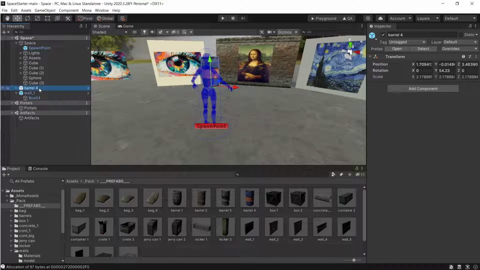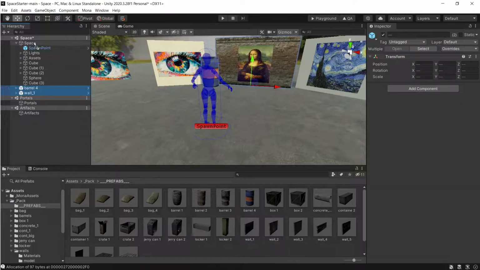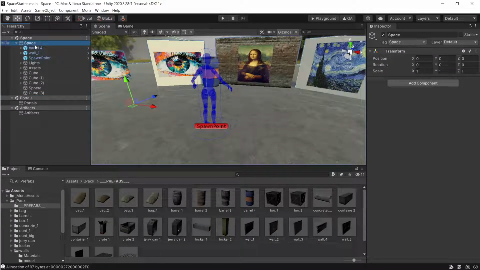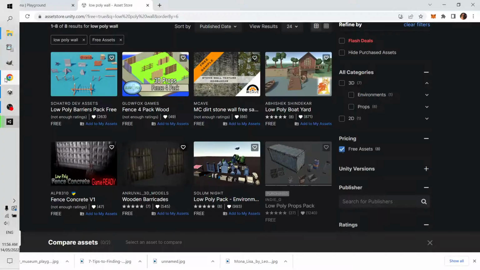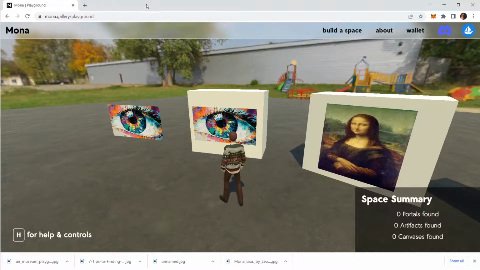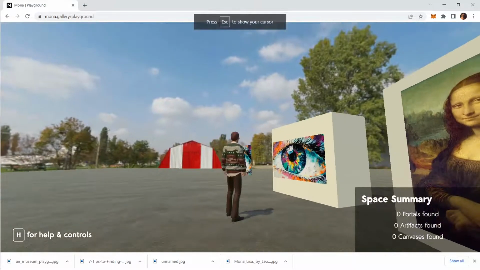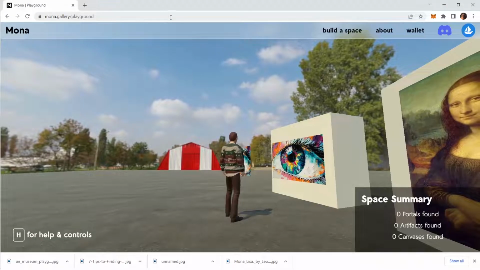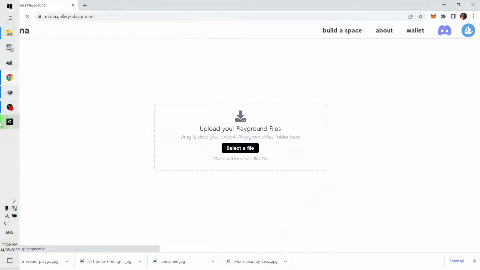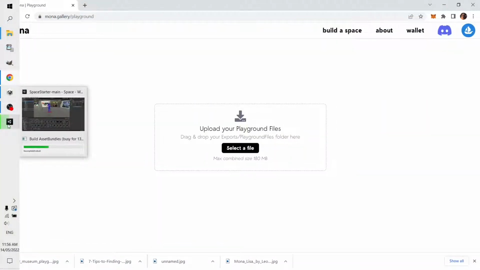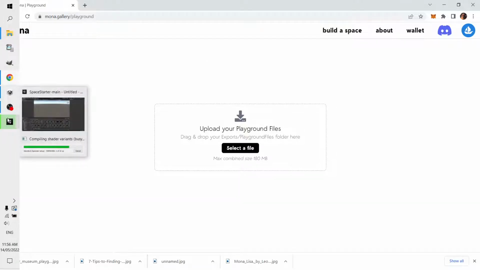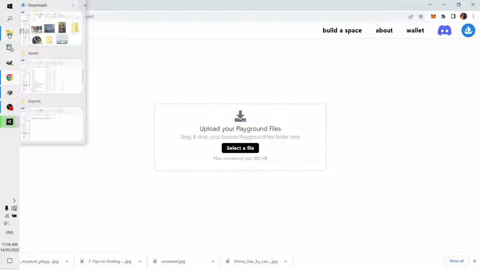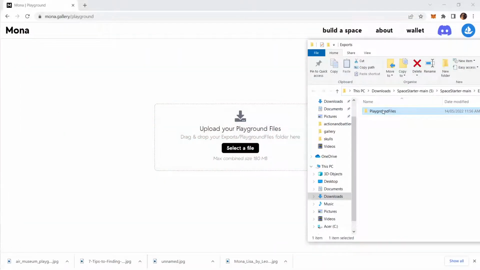All right, now we've got to remember that it doesn't like it when things are outside there, so we're going to save that. Build the playground files. Now it's going to come up. I'm going to refresh this. And this will be nearly done. That'll be done any second now. And let's check the file size too. So the file size is like